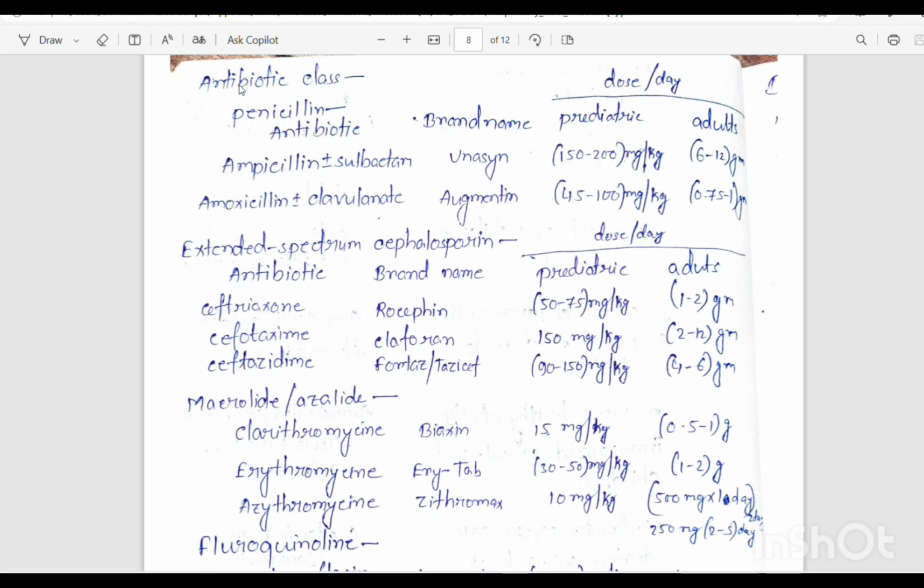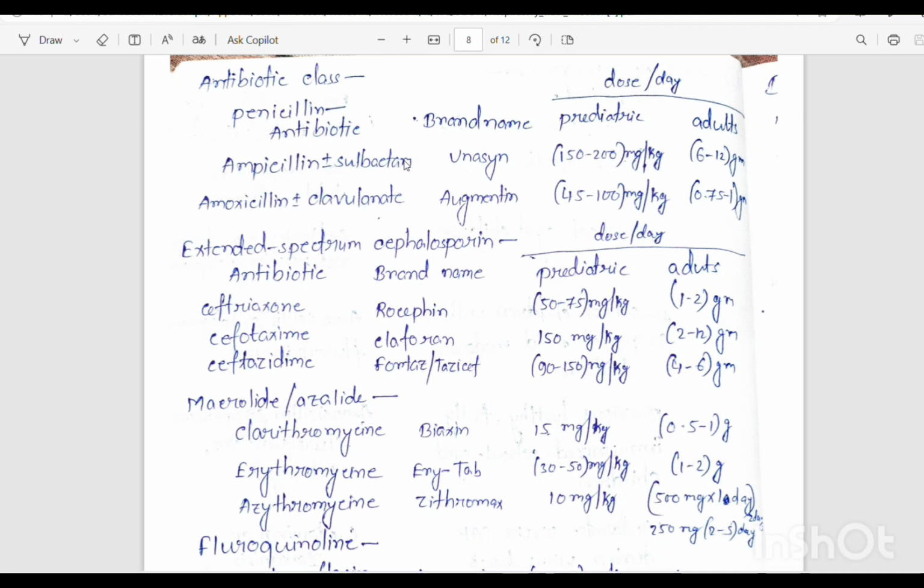Here is the treatment of the disease called pneumonia. The antibiotic class is penicillin. Here are the name of the antibiotic, the brand name, the dose for pediatrics, like children and kids, and the dose for adults whose weight is 50 to 100 kg, like the antibiotic ampicillin